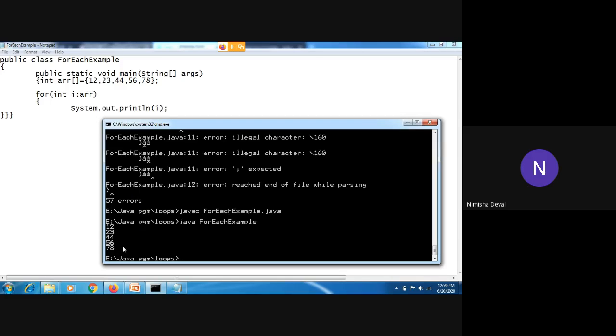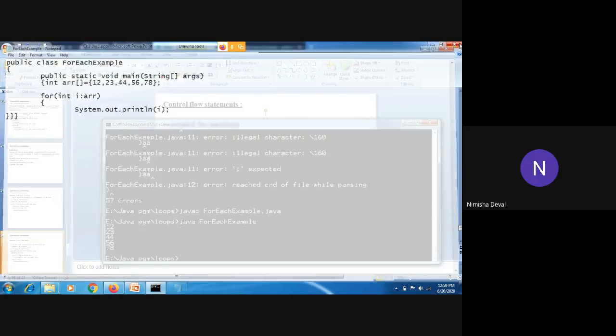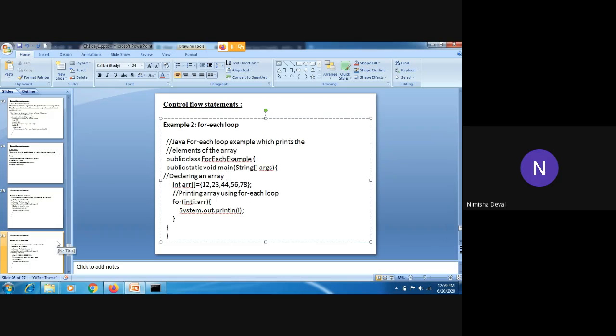That's why the for each loop is there. If you are using other values in between, suppose you want to print only 23, then by using the for each loop you cannot print it because it takes from starting to end. For that category you should use a simple for loop. Okay, now we will move towards the second example. First I will show it to you for each loop. Then